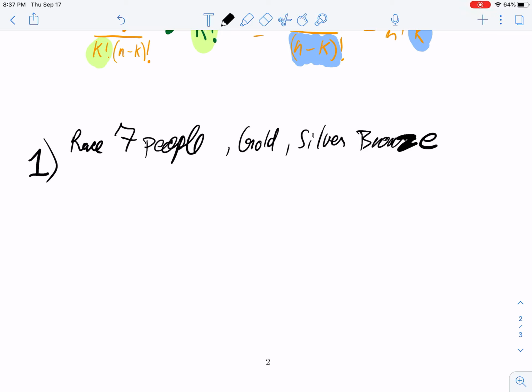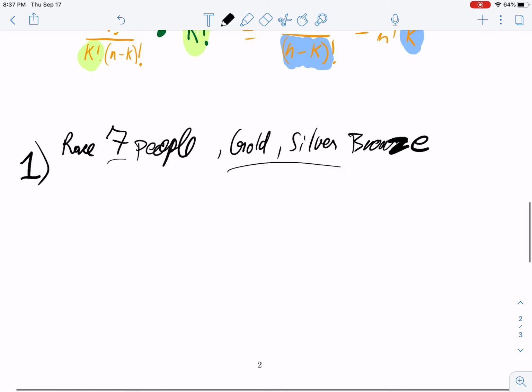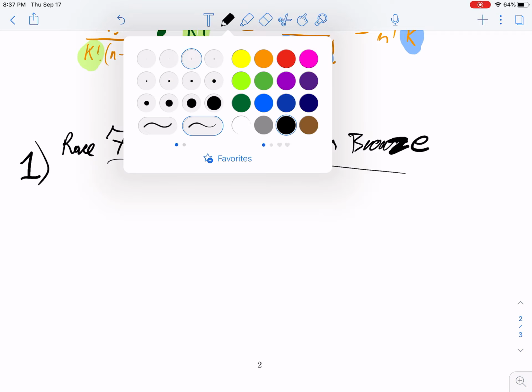So how do I do this? Well, gold, silver, and bronze. Right? Those are all different from each other. Winning a gold medal is different than winning a silver, is different than winning a bronze. So the order matters here. So let's think about what we're doing. I'm giving you 7 people, and I'm asking you to put 3 of them in order. Right? So in other words, this is